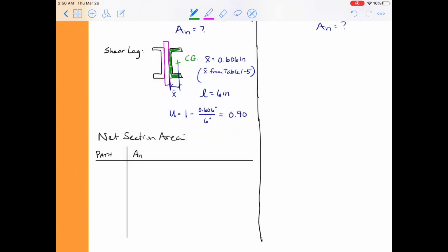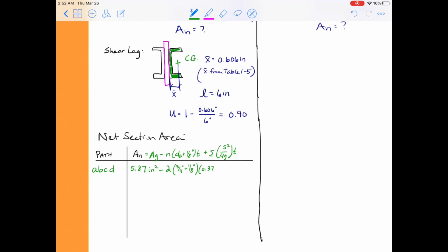Alright, so the first path was the path in green, A, B, C, D. And it just goes straight across the depth of the channel. And again, our formula for our net section area is the gross section area minus n times the diameter of the bolt plus 1/8 of an inch times the thickness plus the summation of s squared over 4g times t. So I want to look at path A, B, C, D. And we see that it passes through 2 bolt holes in the cross section. So we have the gross section area of the channel minus 2 times the 3/4 inch plus 1/8 inch times